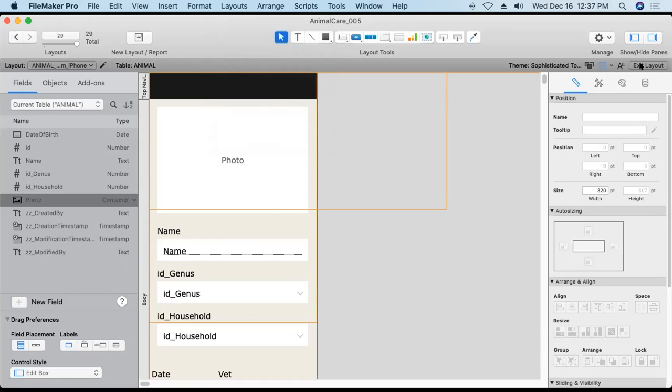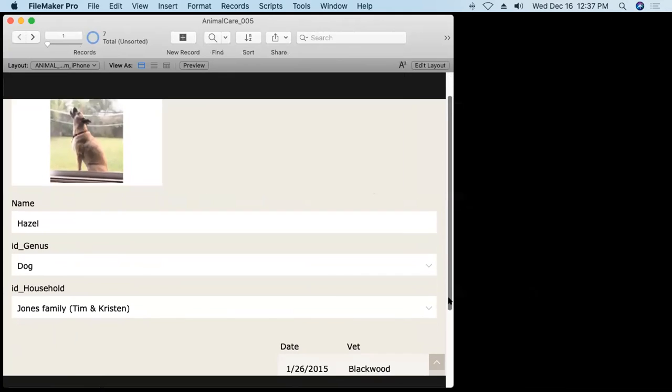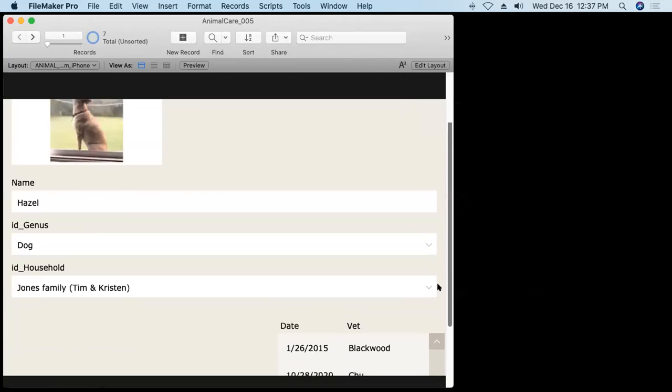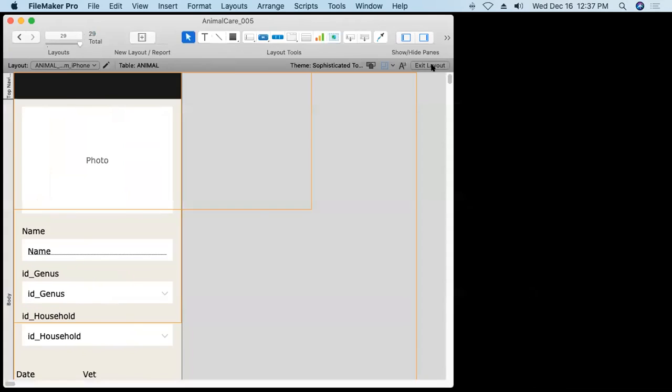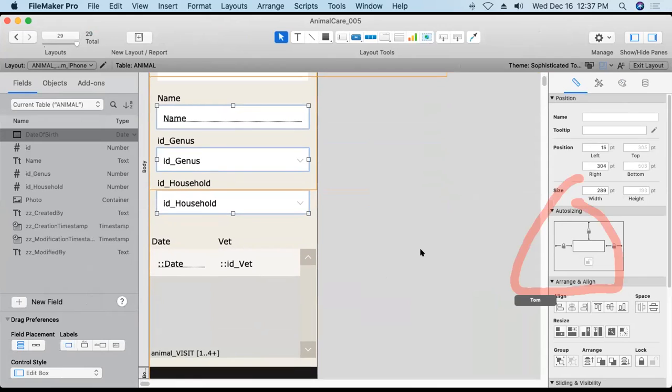And there are some problems yet. Let's go in browse mode, and we can see that the shifting and stretching is a little goofy because that came over when I duplicated the layout, but we'll just fix that up. Say we want the photo to be stretchy horizontally. These fields are already stretchy horizontally. That's good. The portal,